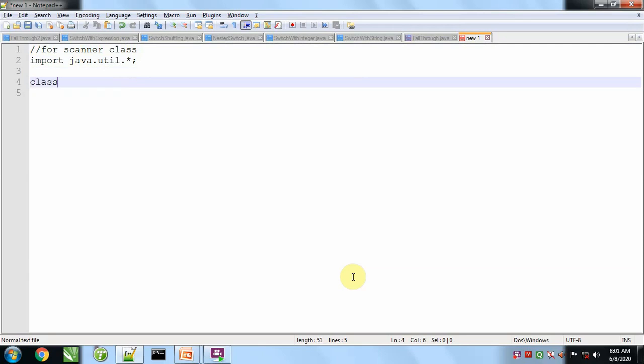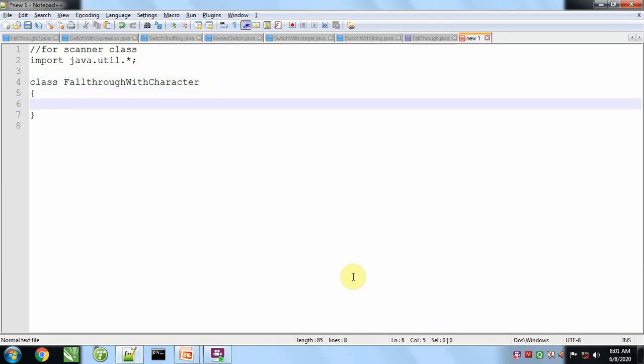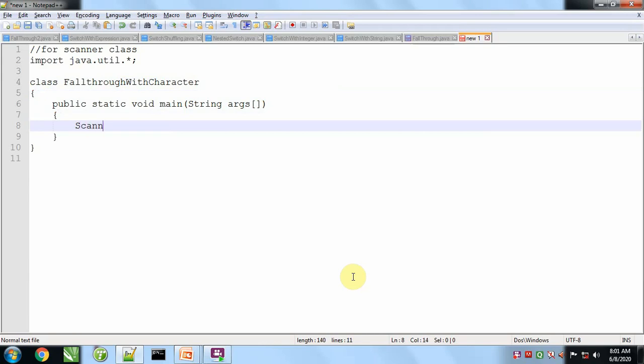now we'll take a class, switch with fall through, or we can say fall through with character. Here we will make an object of the Scanner class.